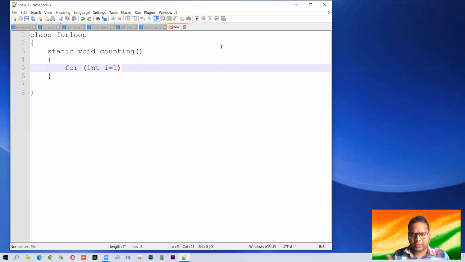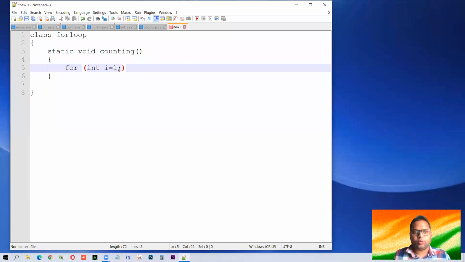On the number line, 0 is there, and on one side negative numbers are there, and on the other side positive. So you can start counting from 0, from 1, from 2, from 5, from negative numbers, from wherever you want to start. Looping is something which repeats. So repeat how many times? Obviously, you have to specify the number of times you want to repeat. Here I'm simply making a program to show you how a loop can be used for counting a number, and that counting will start from 1.